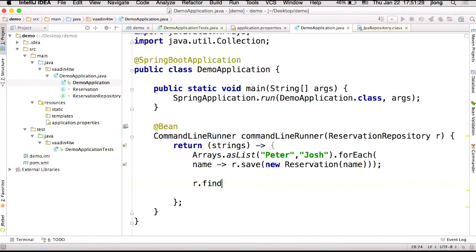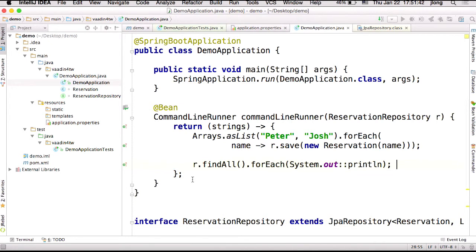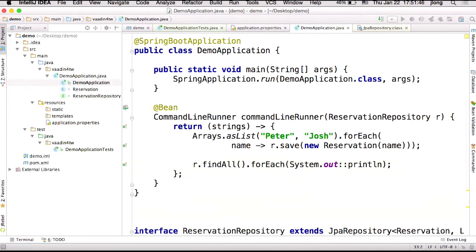I'm going to say give me all the reservations in the database. And then for each one, I'm going to tell Java to call the println method, passing in each instance in the collection. So very, very basic data access stuff. And the point is that we're going to actually persist all this stuff, and we'll have something to look at in the database. I am going to do something to impress you,